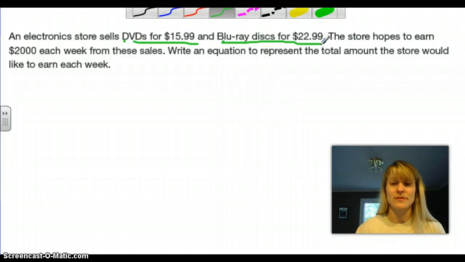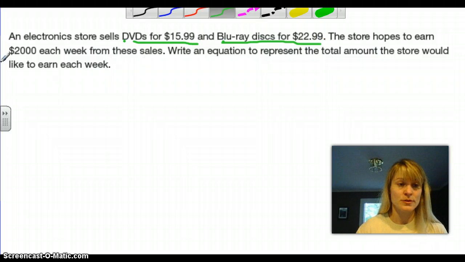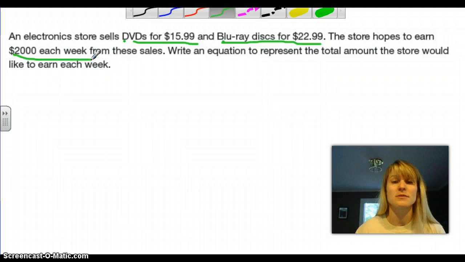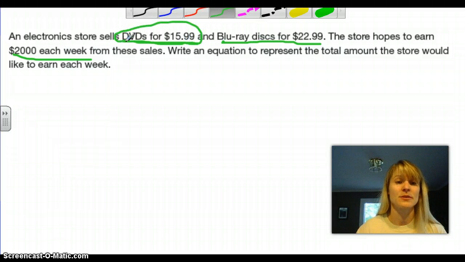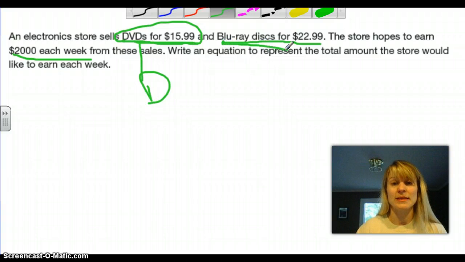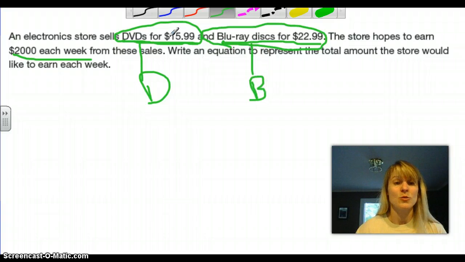All right, so those are important pieces of information. The store hopes to earn $200 each week from these sales. Write an equation that represents the total amount the store would earn these weeks. So we want to look at this and come up with a variable that's going to represent DVDs. So we could just say that's D. And then we need a variable for our other option, which is the Blu-ray discs, and we'll say B. So we have to sell so many DVDs at $15.99 and so many Blu-rays at $22.99 to get to 2,000 a week. So it doesn't really matter which order you do it, but